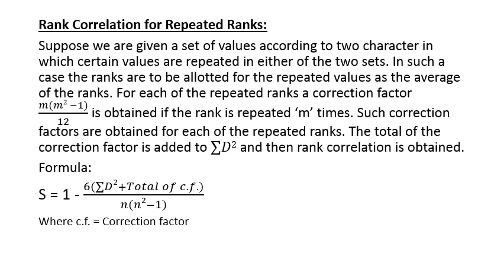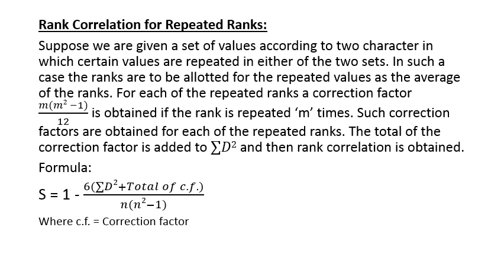So what you have to do is, in the two sets we are going to find the average of ranks separately, and then we are going to add these. We will call it sigma d square. Then we are going to find out Spearman's rank correlation. This will be clear while we work out problems.